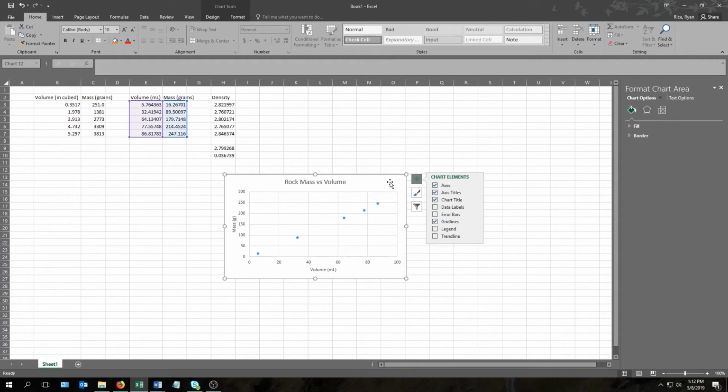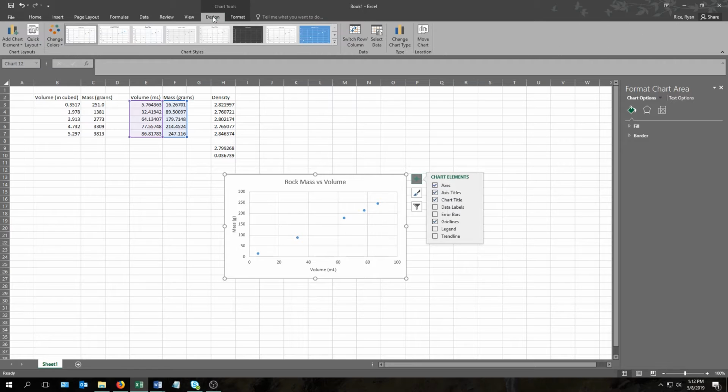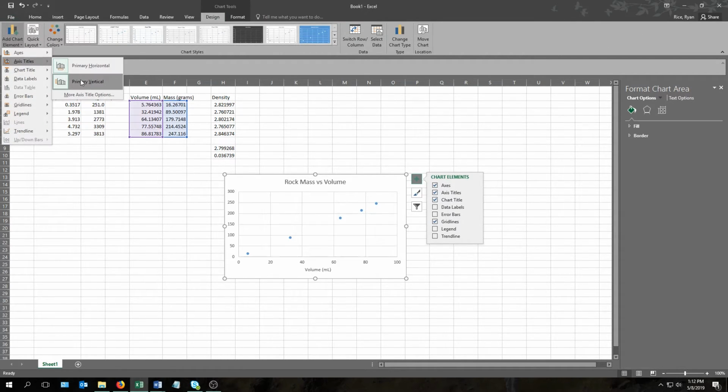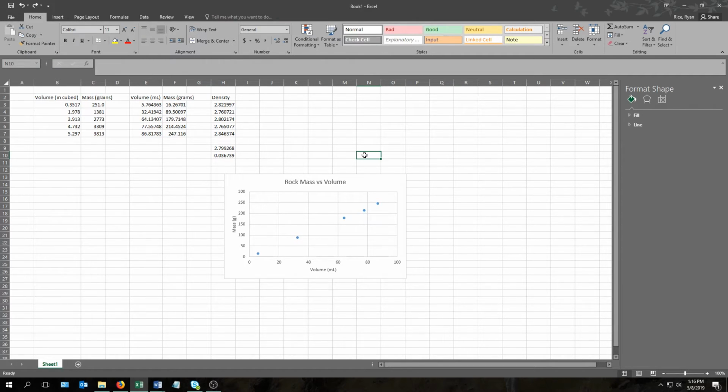Using the plus sign is one way. The other way is to come up here to Design and then Add Chart Element, and the Axis Titles options are also here. And this gives you the option of adding, if you wanted to, just the horizontal or just the vertical title. Before we go on to the next question, there's one more thing I wanted to point out here,